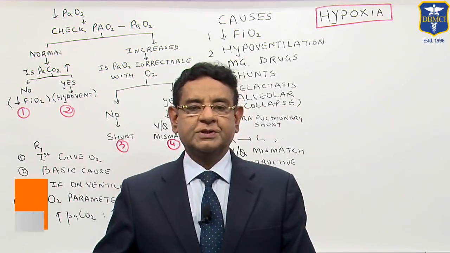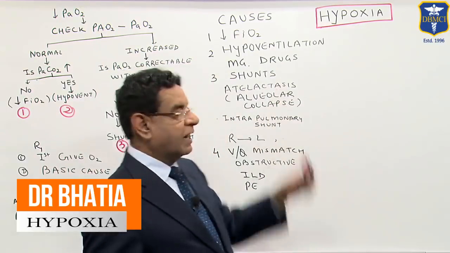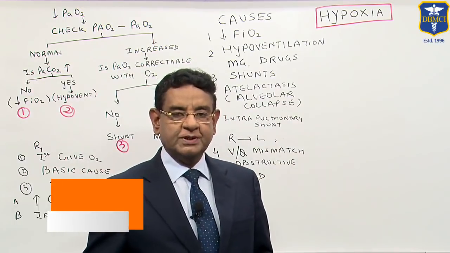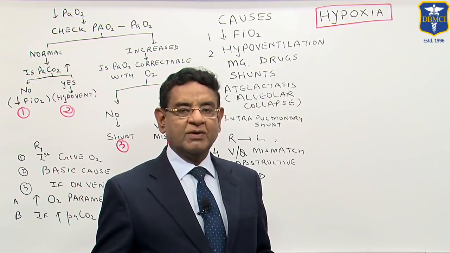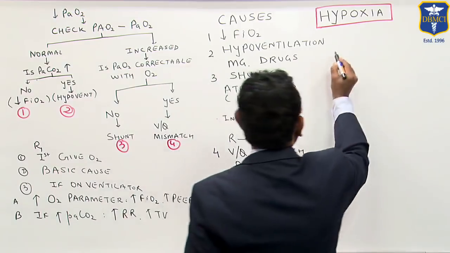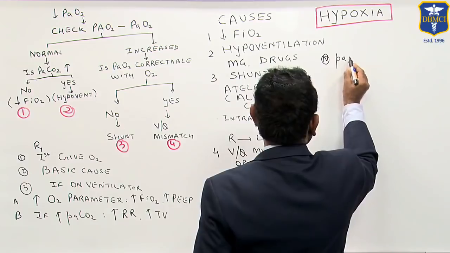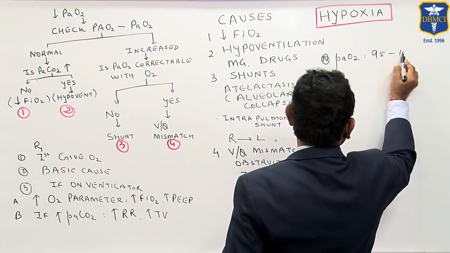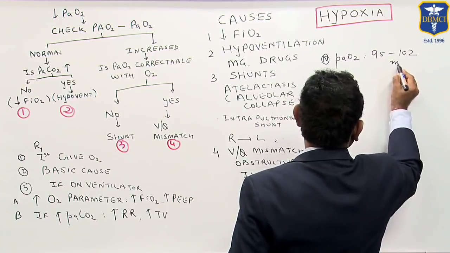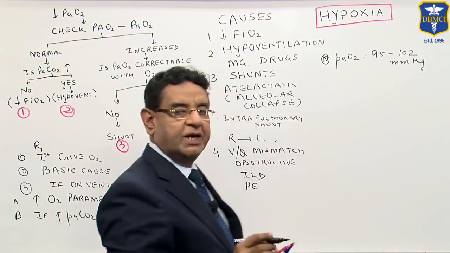Hello friends, now I will be talking to you about hypoxia. So before we discuss hypoxia, let's see what the normal values. Normal PaO2 is 95 to 102 millimeter of mercury, and normal